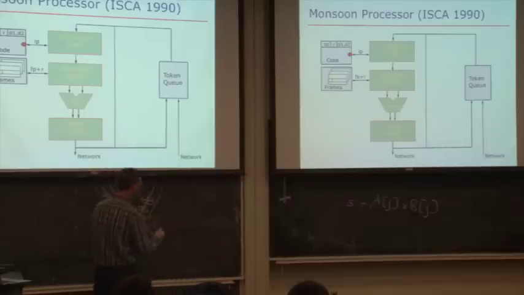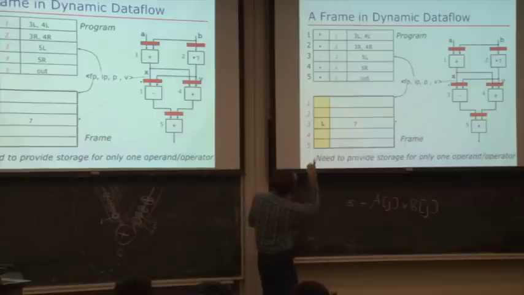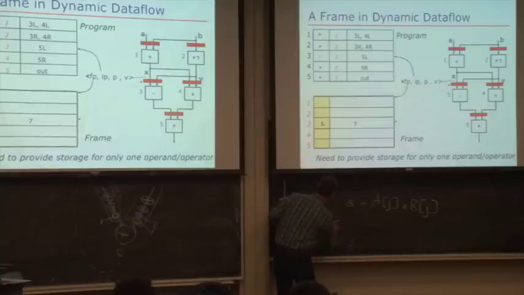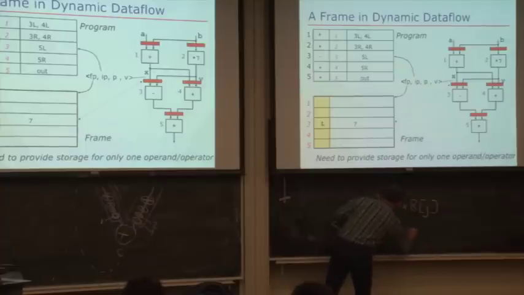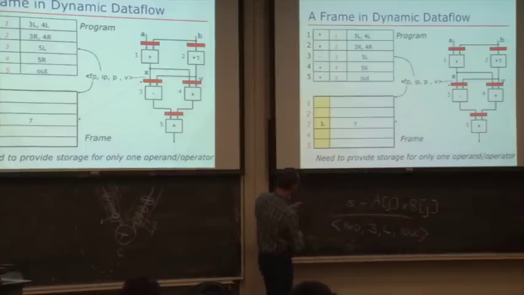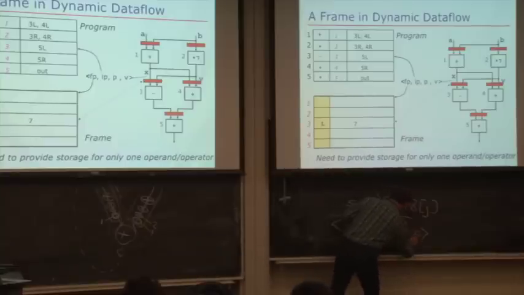So I guess to explain this a little bit better, we're talking about instruction 3, right? And let's say frame pointer is frame pointer 0. And instruction 3 IP is 3. And then port is left. And then value is, I don't know, 1,000 is produced. I guess we should really put 7 over there. But okay, I'll do 7.